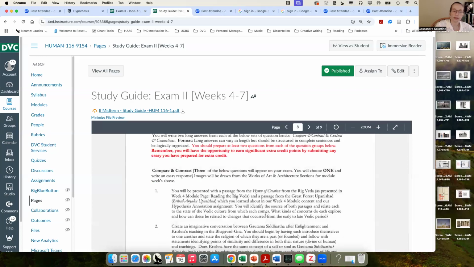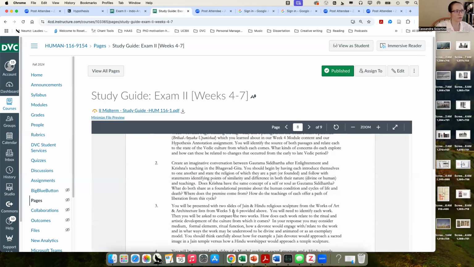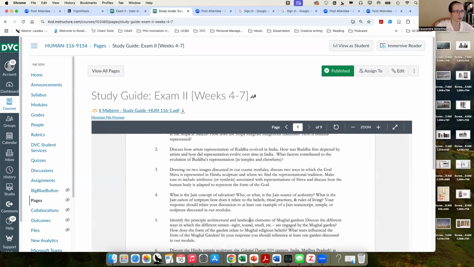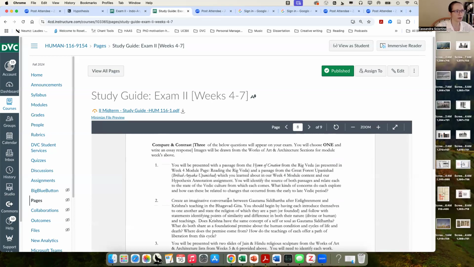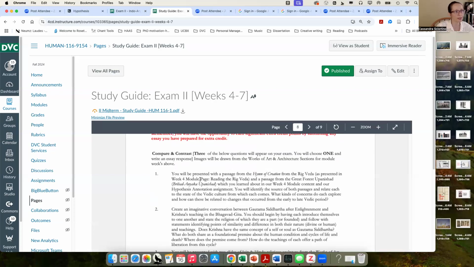Finally, part 3, this is the part where you really can prepare in advance. You should do this starting in the next day or two. You are going to need to have an outline or even a written-out essay answer to 2 of the options for each of the long answers. They should be about the length of your think pieces, not very long, but showing that you're responding. So you can see here, I've given you for your compare and contrast